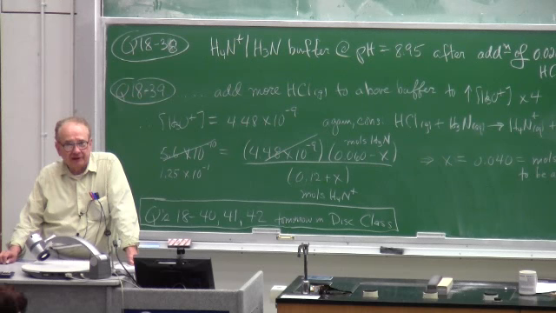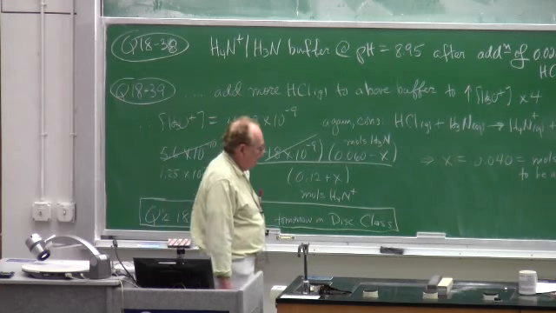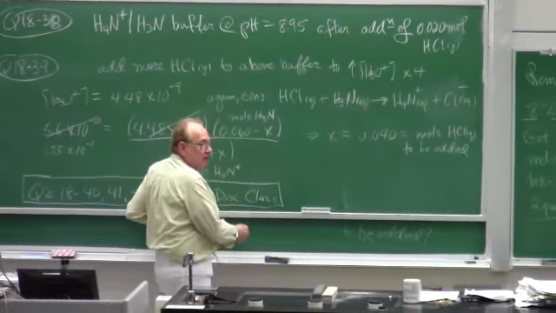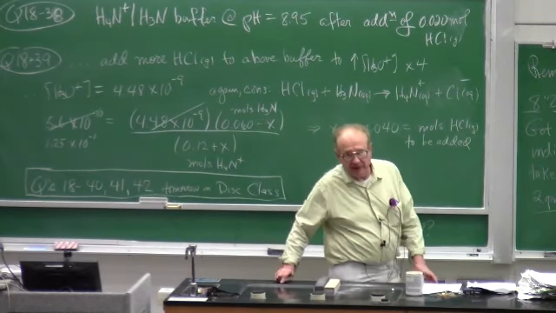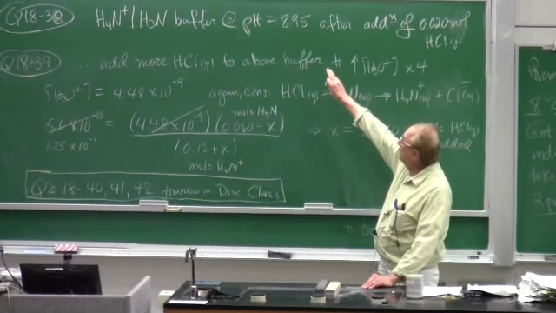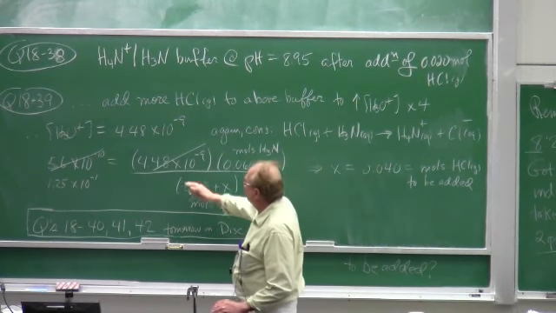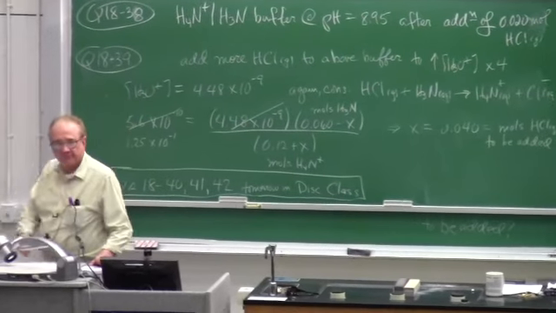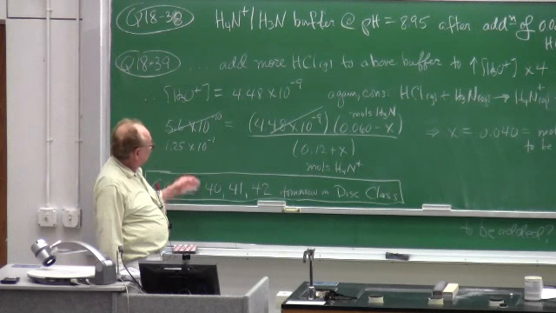Now we go to question 39 and say, let's add some more HCl to this ammonium ion ammonia buffer in order to quadruple the hydronium ion concentration. Quadruple it from the value which it has at pH of 8.95, for which the hydronium ion molarity is 4.48 times 10 to the minus 9. Now, with that,